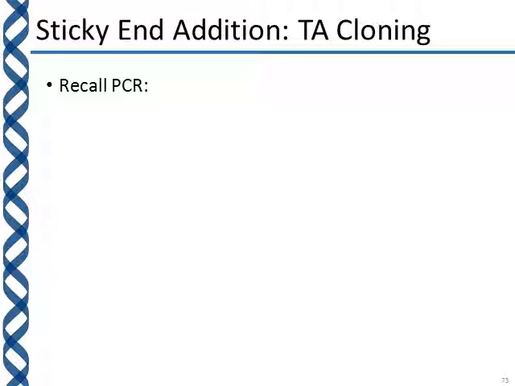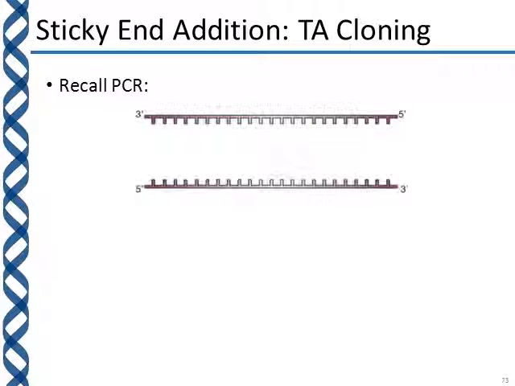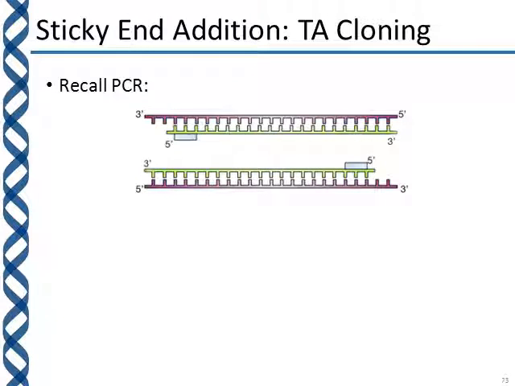So the next option is sticky end addition with TA cloning. If you'll recall from PCR, you have your two chains. You add primers at the 3' end, and then you have the amplification. One more thing,